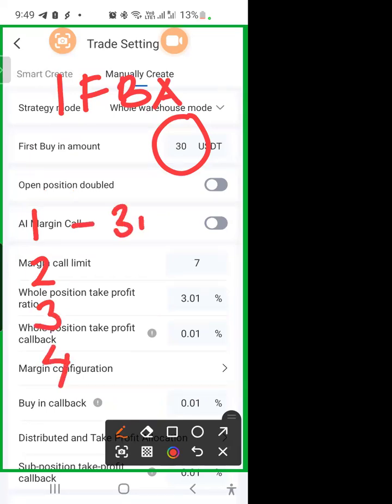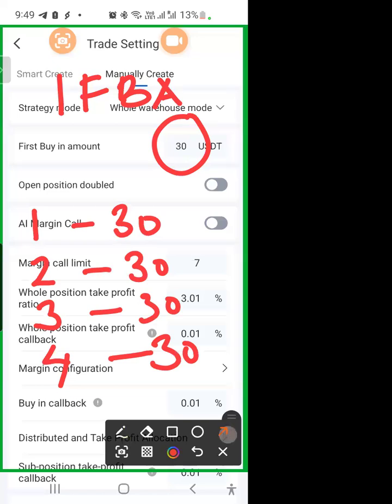Here it will put in $30, here it will put in $30, here it will put in $30, and here it will put in $30, because it's what you assigned as the first buying amount. Together, this will be $60 plus 60, all this will be 30 times 4, which is 120, plus the 30, the first initial buying amount exposed, that is